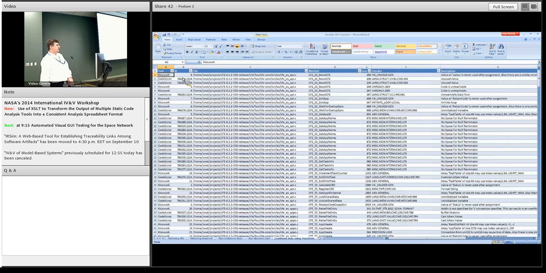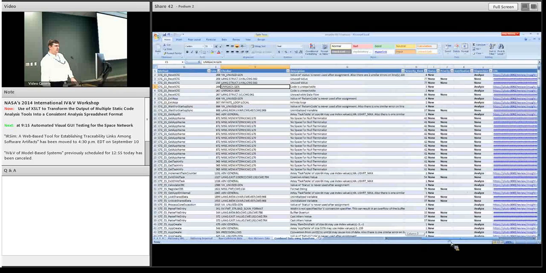The second column is an ID specific to the analysis tools. And they don't really match between Clockwork and Code Sonar, but it's useful in case you want to go back to the proprietary user interface and find this particular checker to find out more information about it. And so then you have file names, the routine, the line number, checker, a description of the checker, and then